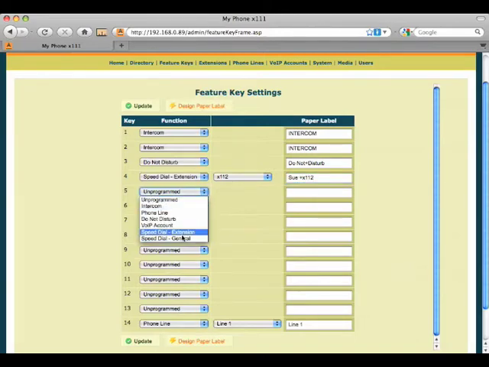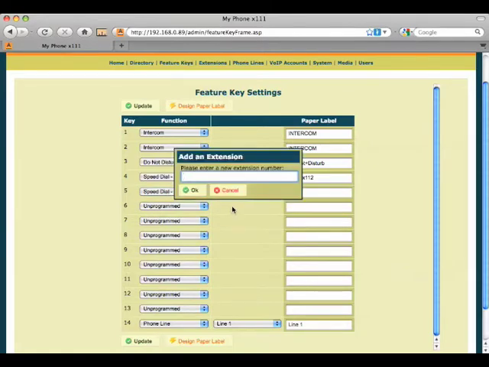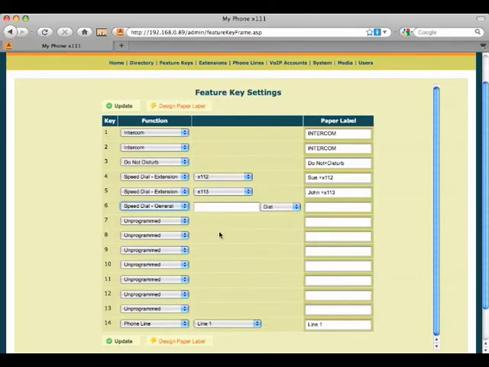So we're going to put extension 112 for Sue. We'll add another speed dial extension for John, who we know is going to be at 113, plus X 113, and I also want to put on John's cell phone,